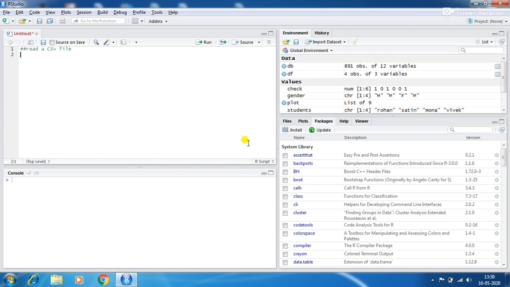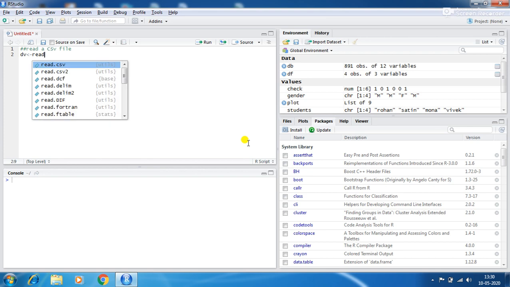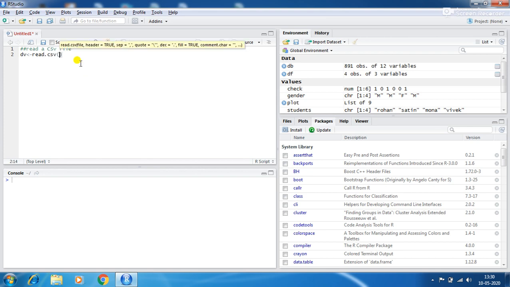First of all, we make a dataset, which is known as db, using read.csv, and the file path where my Titanic .csv is located.